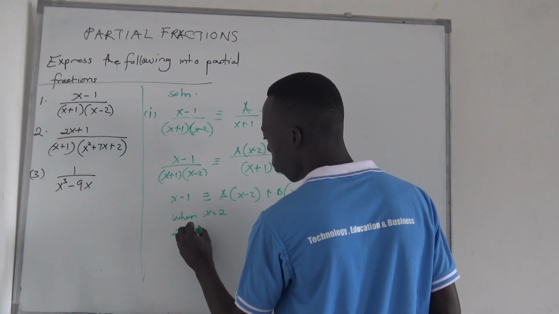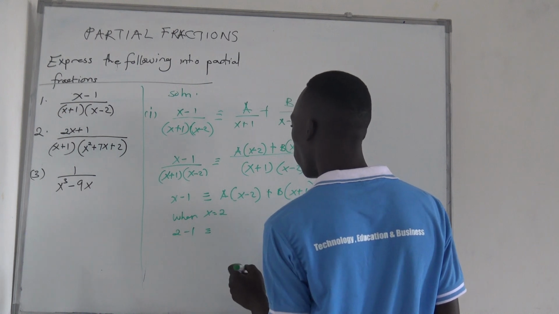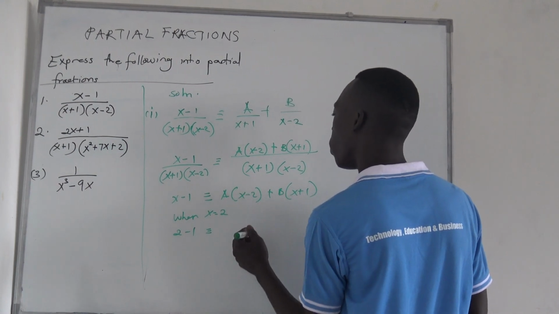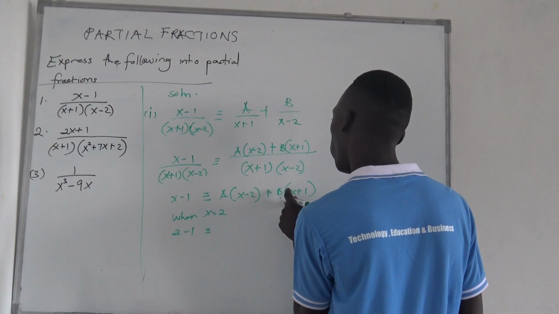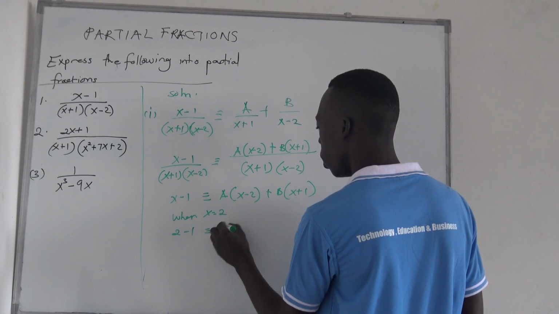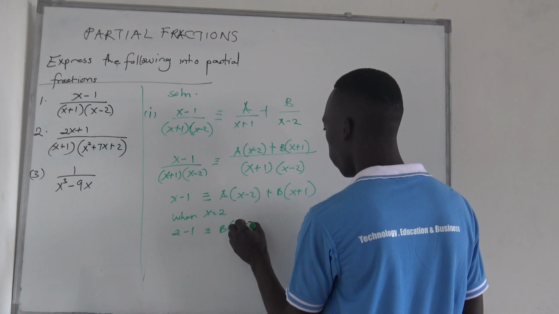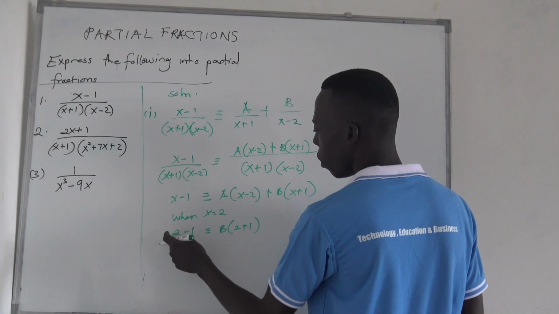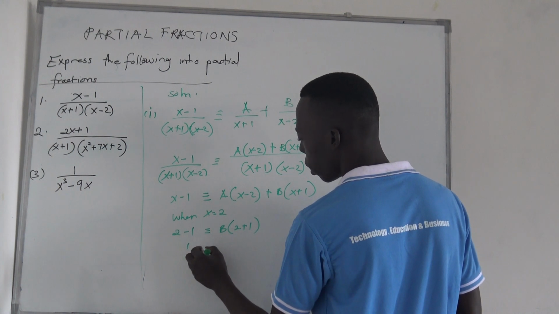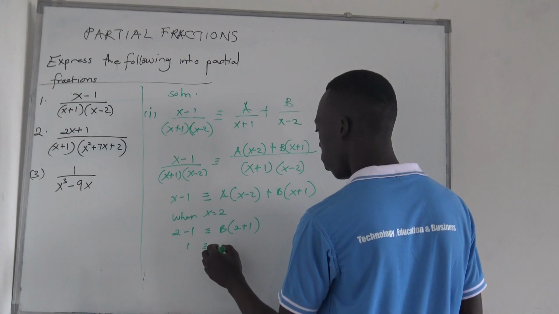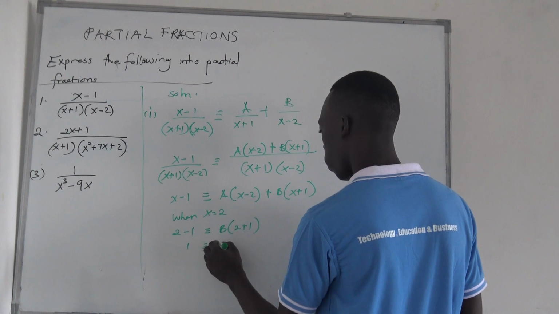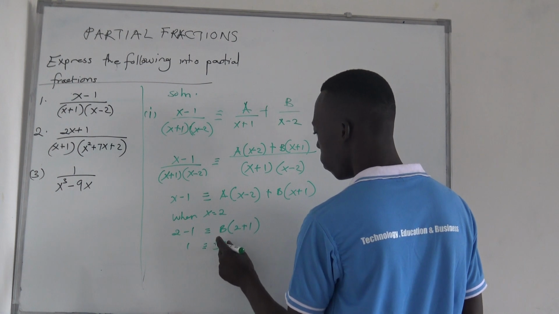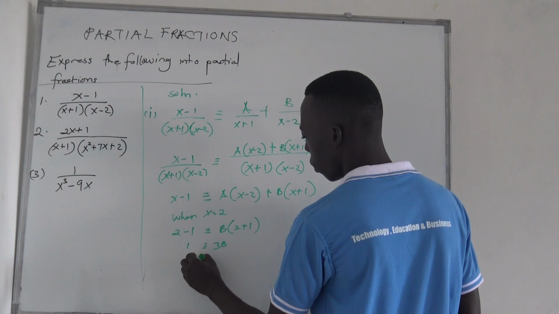It will be 2 minus 1 equivalent to b into 2 plus 1. So 1 is equal to 3b. For that case, our b